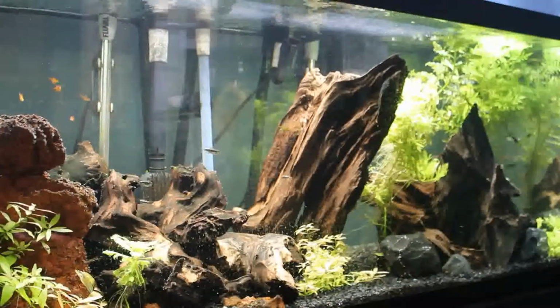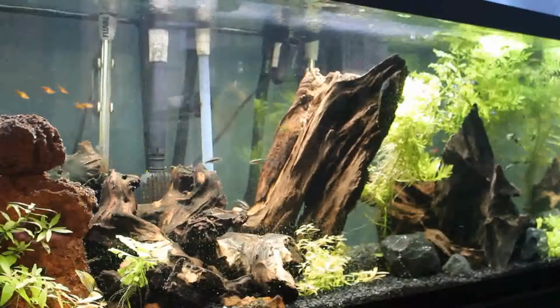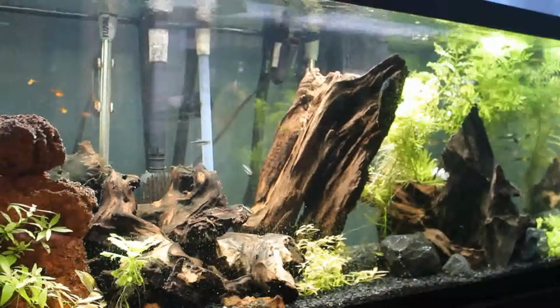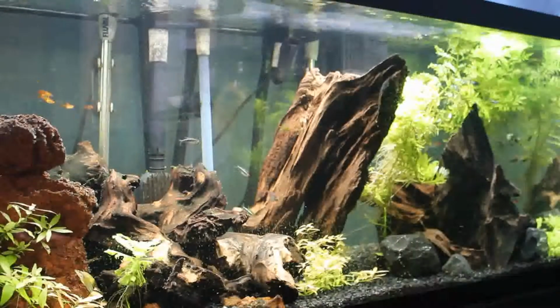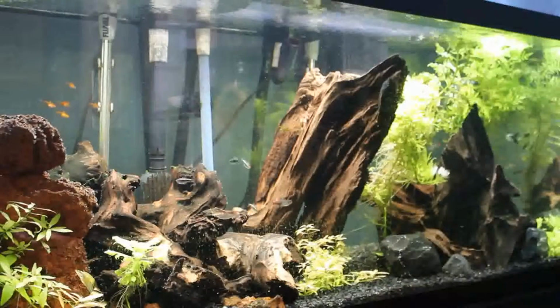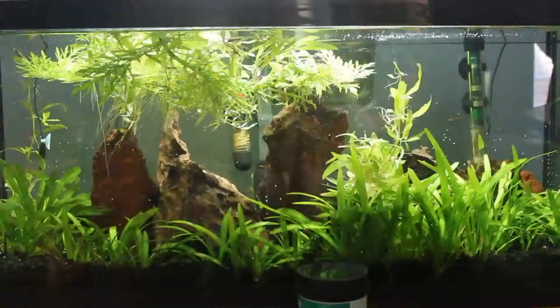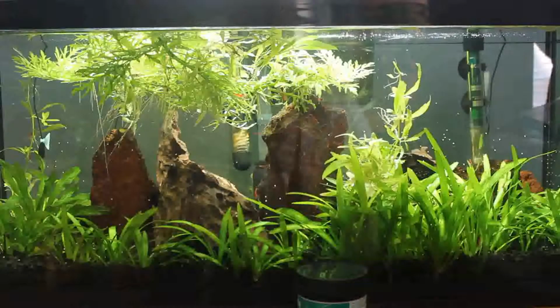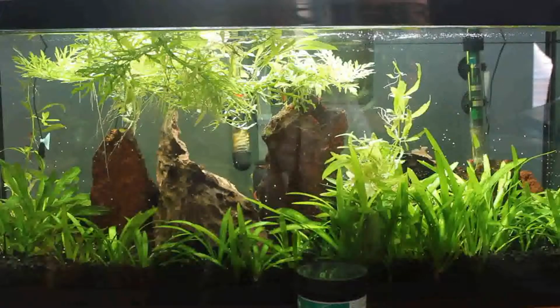All the fish that are in this tank came from my 5 that was heavily planted, and the 40 of course, and from my 20 long. I'll give you a quick shot of the 20 long. There's tons and tons of glare here, I do apologize. So this is the 20 long, heavily planted as well,